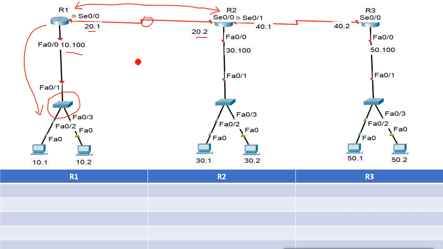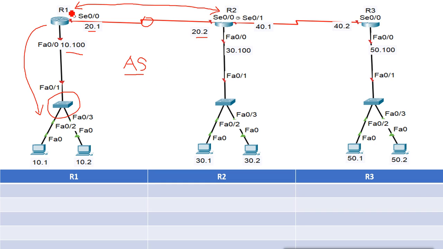So the first criterion to create a neighborship is what? The autonomous system number. Both routers must be in the same autonomous system number. Whatever autonomous system number we configured on router 1, we must have the same on router 2. It is not like a process ID of OSPF, and not like an area either. Two different areas can communicate without any other configuration, but if your routers are in different autonomous system numbers, they will not be able to communicate. So for creating neighbors, they must have the same autonomous system number.